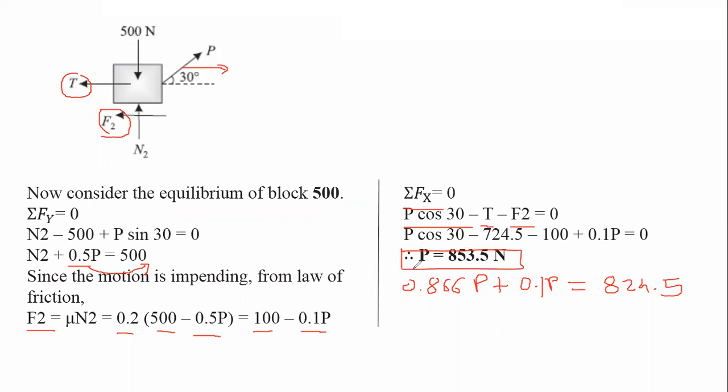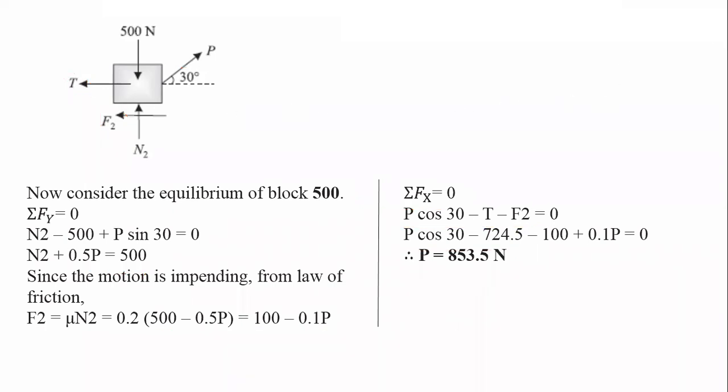853.5. If we apply this force or more than this force, both of these blocks will be moving in the right side direction. And this is the way, by using the equilibrium conditions and the friction concept, we can easily find out how much P force is required to move that block, or bring it to impending motion in a particular direction. Okay, now let us see some other applications of friction.